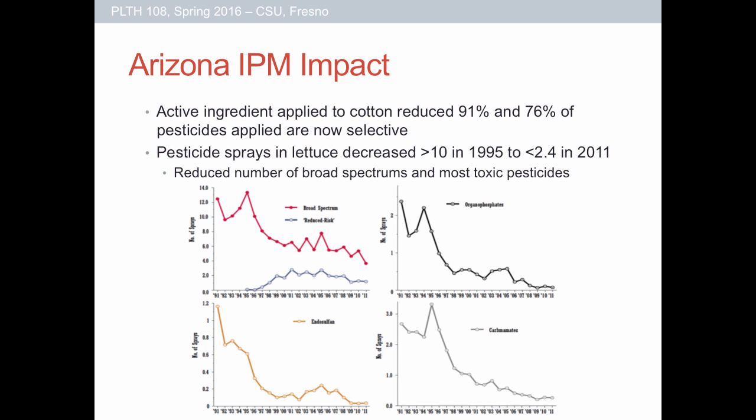Oh, I see, I wrote that confusingly. The main point is that they reduced the active ingredient applied to cotton 91%. So that's a 91% reduction in the total amount of pesticide applied. And now, 76% of the pesticide applied to that cotton are selective, meaning that they are targeted at pests and don't hurt biocontrol. And so that's a huge increase in basically protecting natural resources in terms of